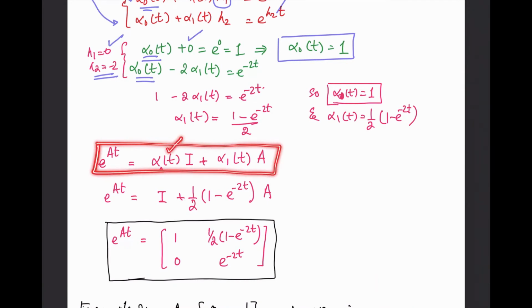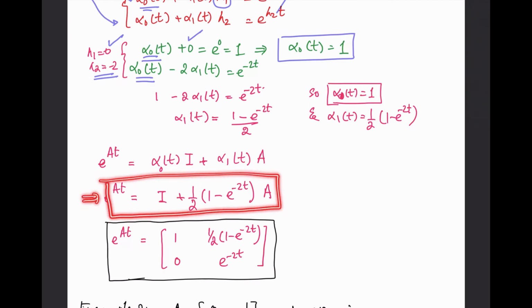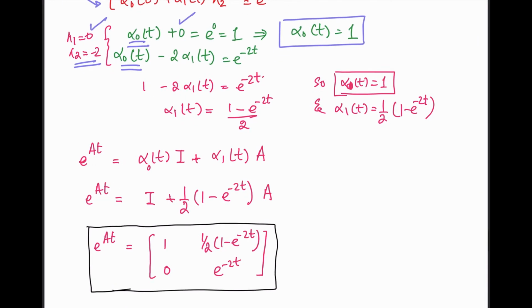We have determined alpha naught and alpha 1, and alpha naught is equal to 1 and alpha 1 is equal to this one. So this is our identity matrix, right? And this is our state matrix. So this equation can be written like this. Now using the identity matrix and the matrix A that is given to us, we can find out the state transition matrix that is exactly the same as what we obtained from the Sylvester method. So you can determine the state transition matrix either using the Sylvester method or the Cayley-Hamilton method, right?